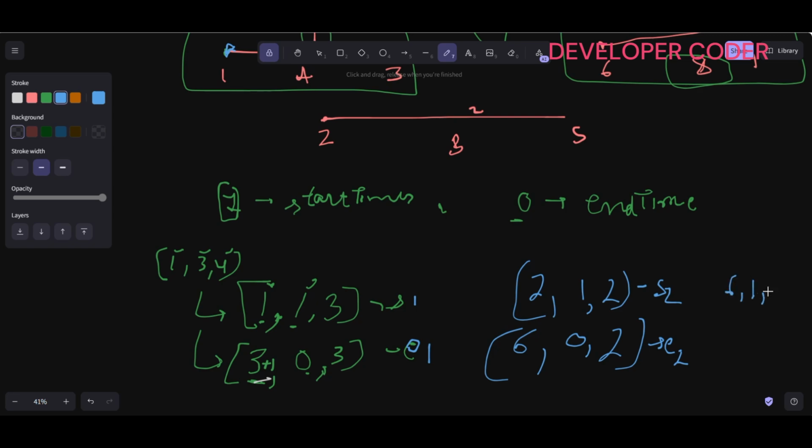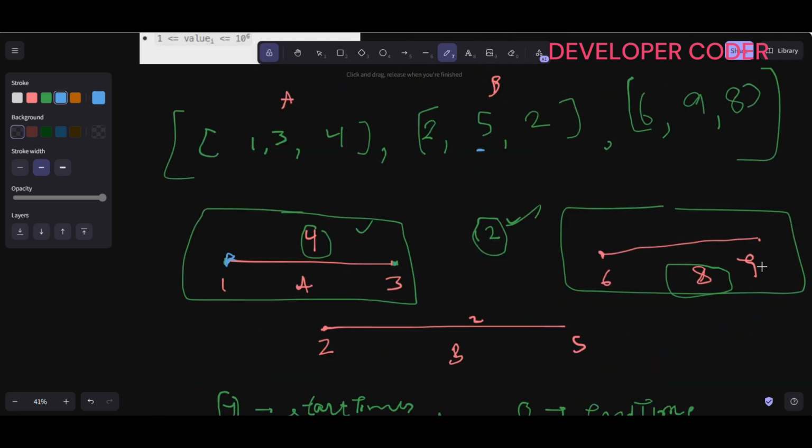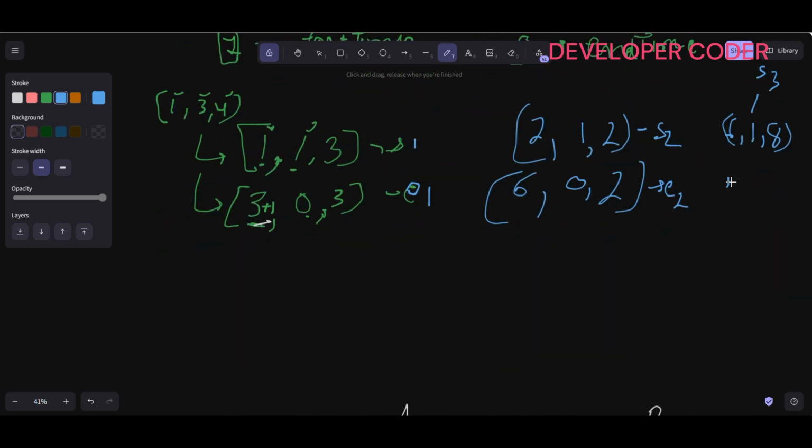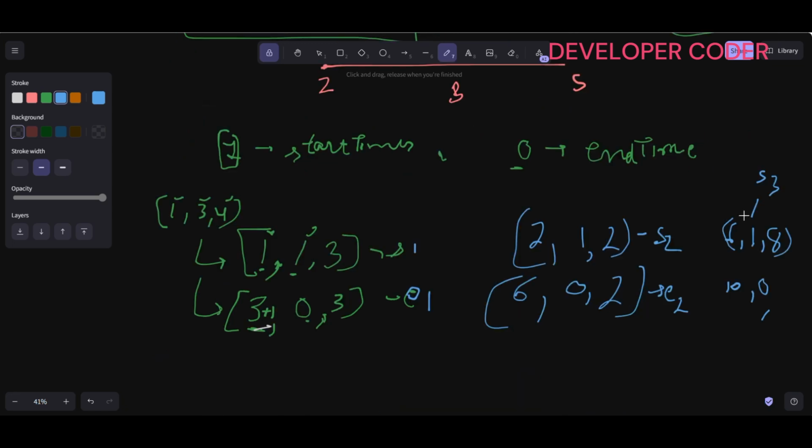6 1 and the value is 8. This is the starting of 3, s3, and this is nothing but 9. You are going to write it like this, 10, and for the end you are going to write 0, and here 8. This is nothing but the end of 3. All right, clear? So now after this, you are going to sort them based